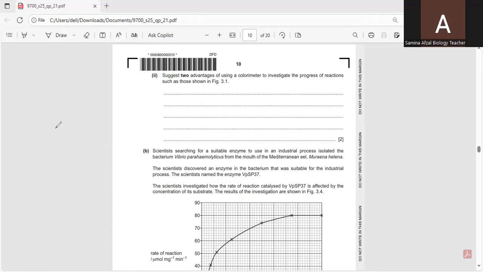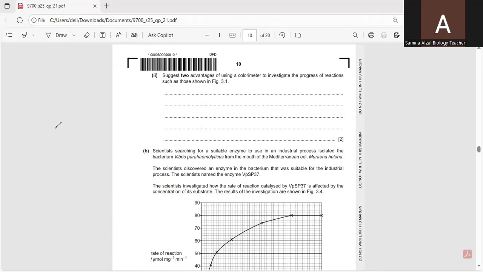They are asking only two advantages. So the first advantage can be that the calorimeter allows for the measurement of absorption of a solution without needing to remove samples from the reaction vessels. So this means the reaction can be monitored continuously in real time without disturbing its equilibrium or altering reactant concentrations by sampling. Traditional methods might require stopping the reaction or taking aliquots, which can introduce errors or interrupt the natural progress. Secondly,